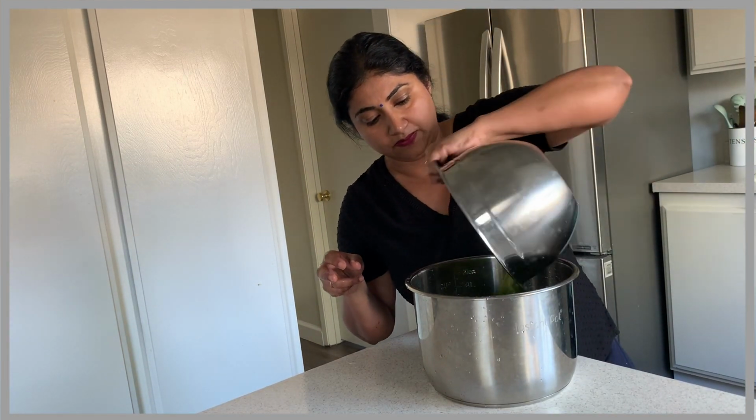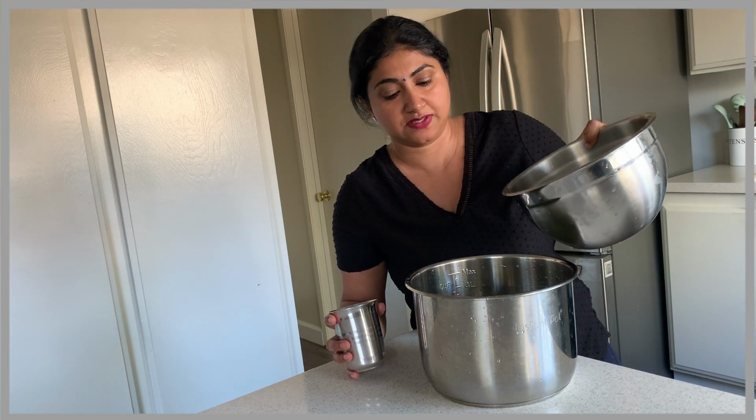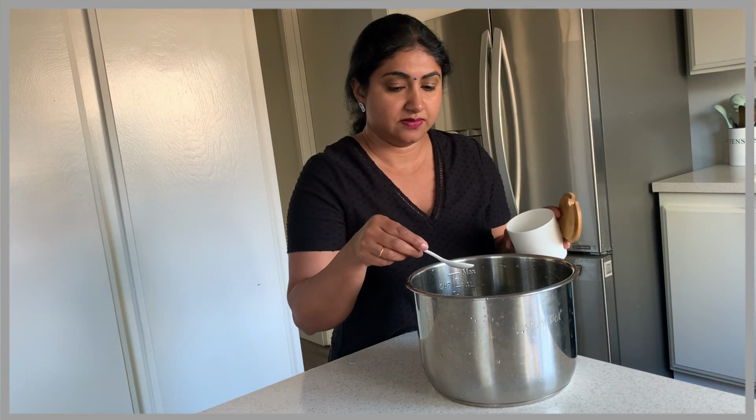I'm going to pressure cook this. Add water, 2 to 3 cups is good. Add salt,